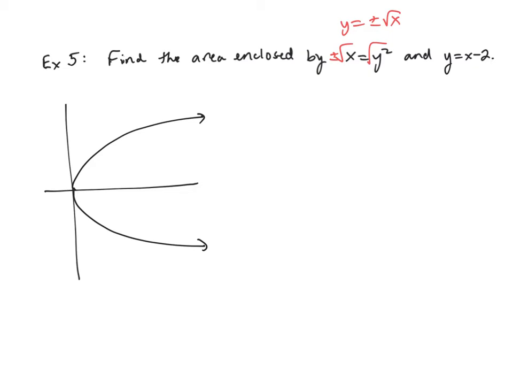And then y equals x minus 2. So we've got a y-intercept of -2, and we've got a slope of 1. So what that puts us here, something like that. So I'm going to go ahead and find the intersection point there. So we can go with our positive square root of x and negative square root of x are both intersecting that, or we could, so let's go ahead and do,